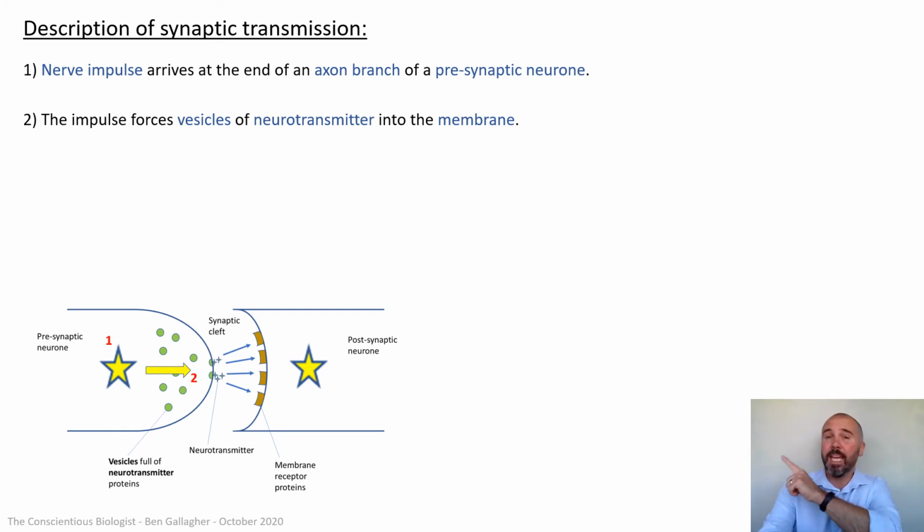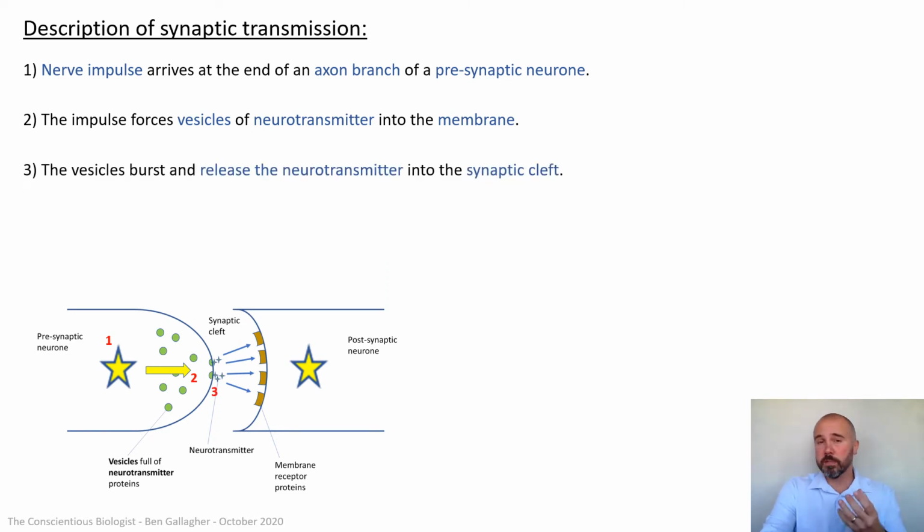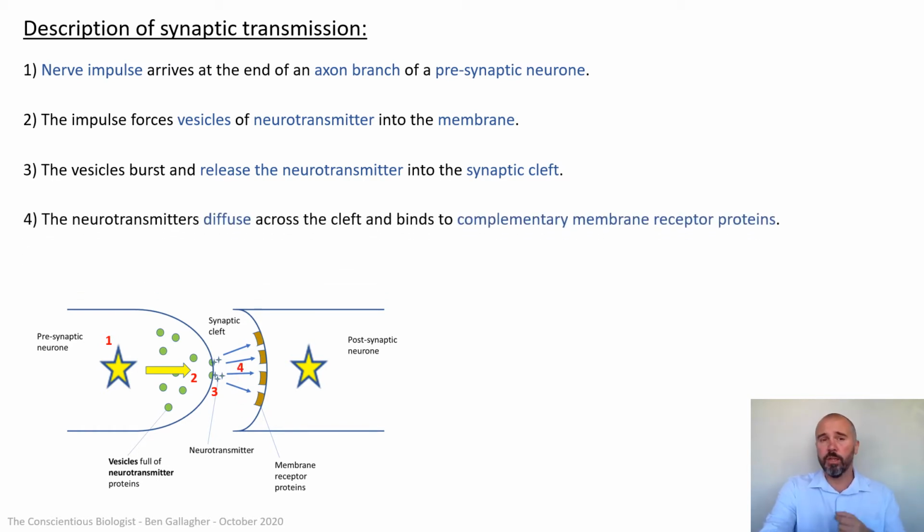Notice I put all of the keywords, the things that will be in the mark scheme of the exams, in blue. You've got to cram your answers with keywords or they're not going to be worth anything. Number 3 on the diagram over there, the vesicle releases transmitter into the synaptic cleft, another key term. Number 4, the neurotransmitters diffuse, key concept, across the synaptic cleft and bind to complementary